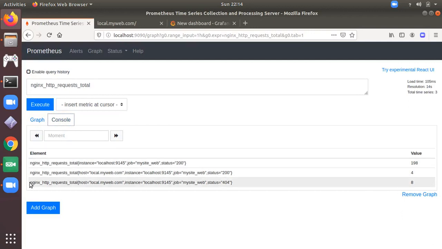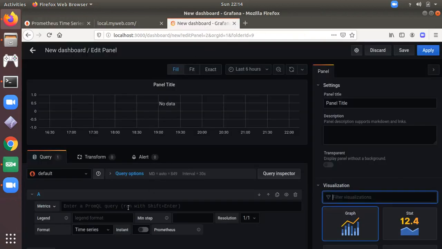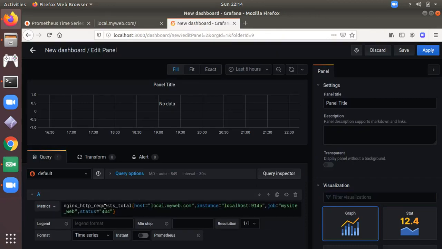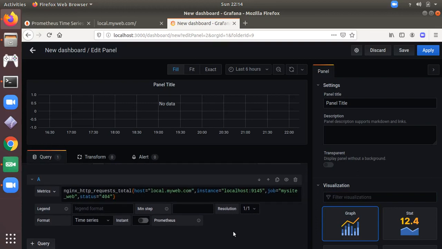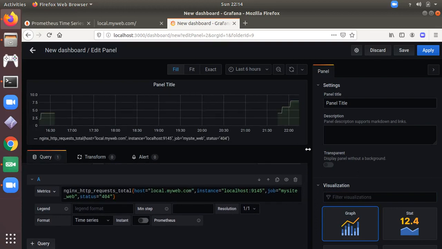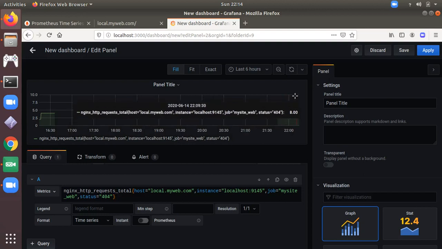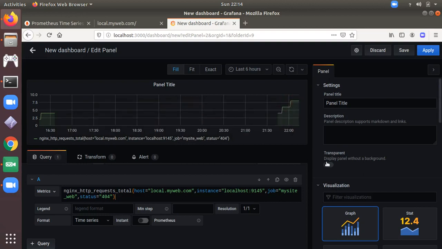So this is your Prometheus query to get 404 requests, and it's showing records. So here you can pass your PromQL query. So it's showing some graphical representation of your data.